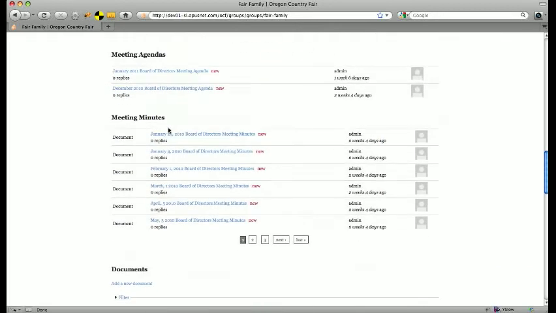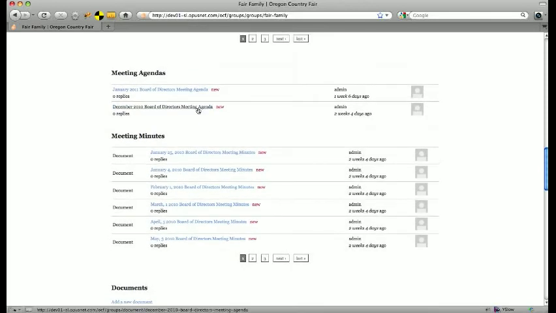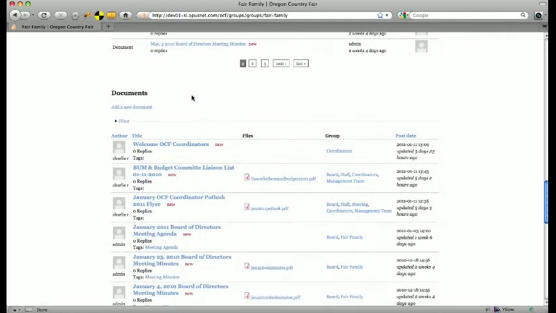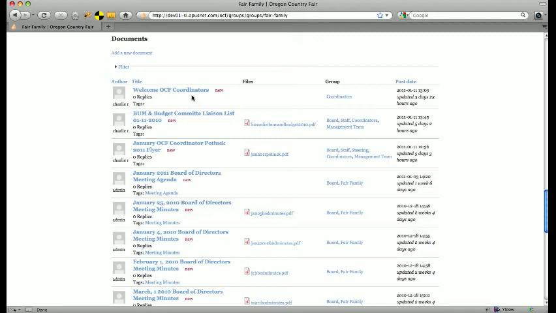There's also meeting agendas and meeting minutes associated with every group. The board of directors just happens to also cross-post their meeting agendas and their meeting minutes to the Fair Family group so that everybody can view their upcoming agendas, their historical agendas, as well as their historical meeting minutes. In some cases, in most cases, outside of the Fair Family group, it's going to be your group's specific meeting agendas and meeting minutes. Finally, at the bottom of the page is a list of all documents that have been